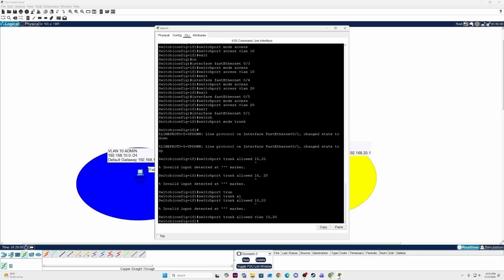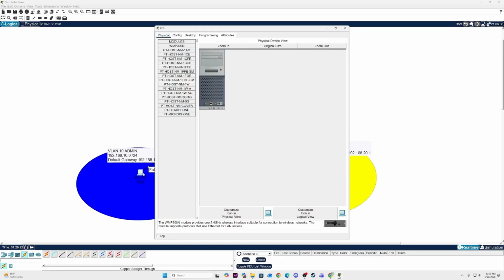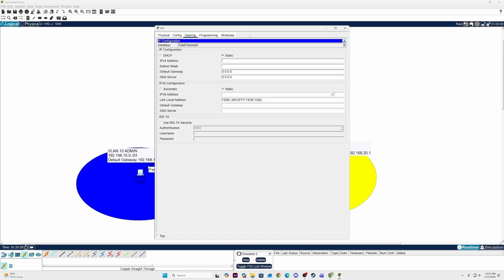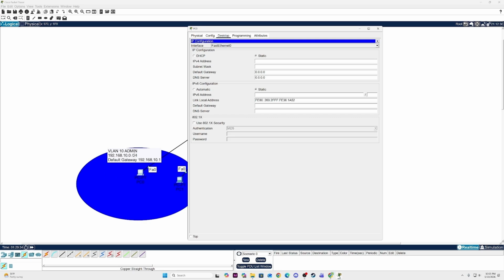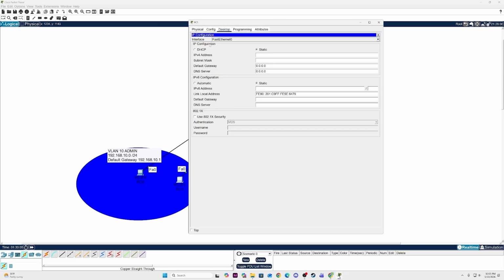If there's something I missed, we'll soon find out. Now we have to configure the IP addresses and default gateways on our end devices, so I'm going to start at PC0 to add the IP configuration. Because VLAN 10 admin is in the network 192.168.10.0, I'm giving this 192.168.10.2 with the subnet mask of /24, and the default gateway is 192.168.10.2. And for PC1, the desktop configuration: 192.168.10.3 with subnet mask of 255.255.255.0, and the default gateway is